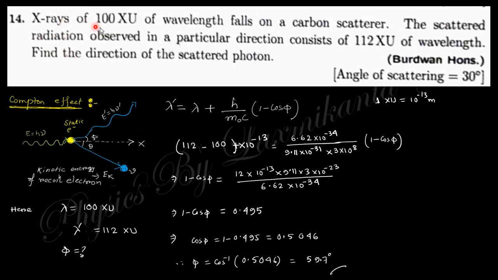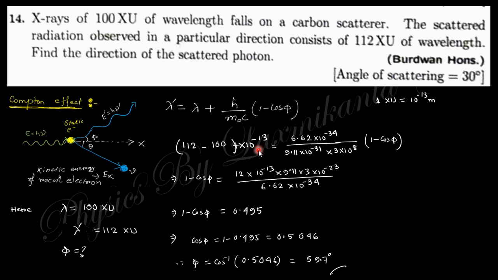Next question says X-rays of 100 XU, that is the unit of wavelength, fall on a carbon scatterer. The scattered radiation observed in a particular direction consists of this. So this is the lambda and this is the lambda prime. Find the direction of the scattered photon. So you need to find this angle phi. Just use this relation, the wavelength change after Compton scattering. Put in lambda prime as 112 and lambda as 100, and 1 XU equals 10 to the minus 13 meter. So if you put in this value